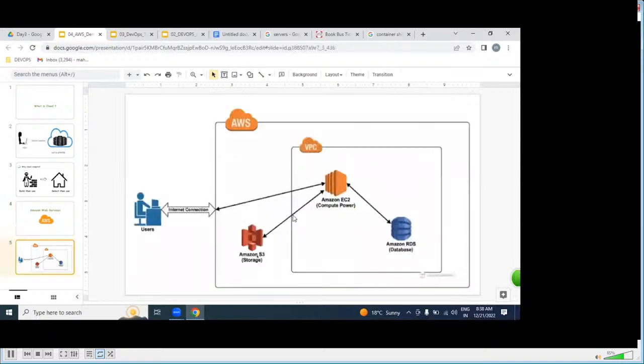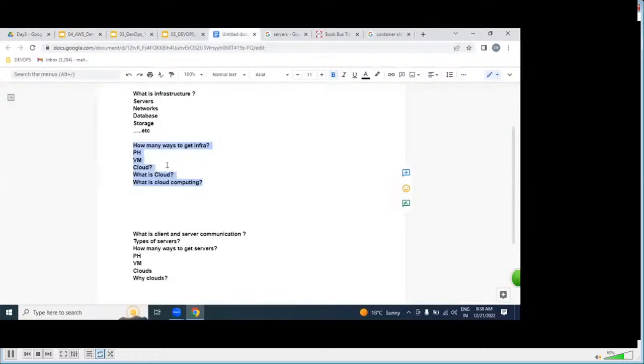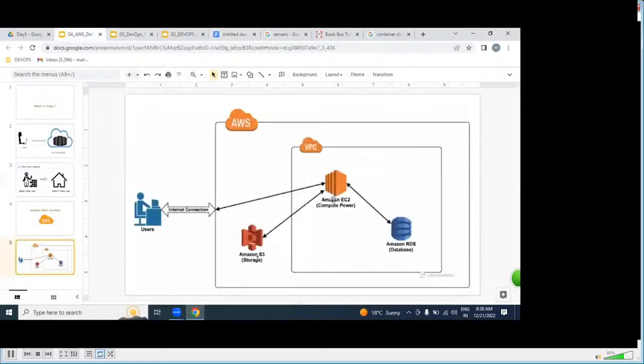In Amazon Web Services, which services are we going to learn? VPC, EC2, RDS, and S3. VPC is nothing but what? In simple form, network.